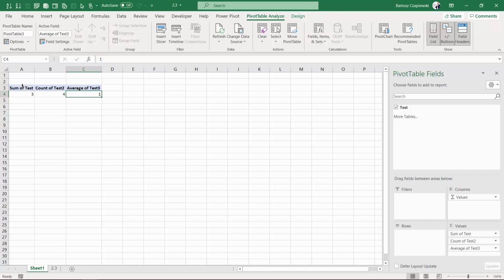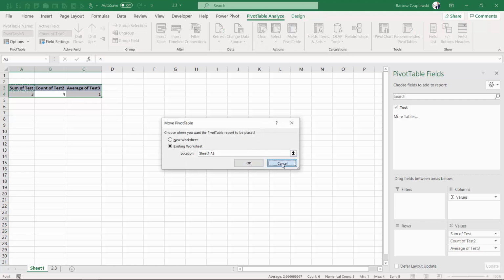But first, let's copy the whole pivot table. You can select one of the cells and hit Ctrl A. You can also go to the PivotTable Analyze tab and select the entire pivot table, and then you can either move the pivot table to a specific location, or